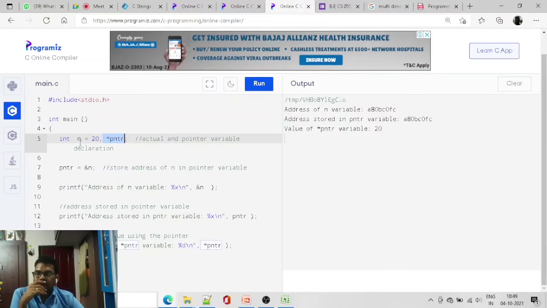This is called the actual variable and this is called the pointer variable. So pointer equal to ampersand n. We are storing the address of the variable in the pointer.